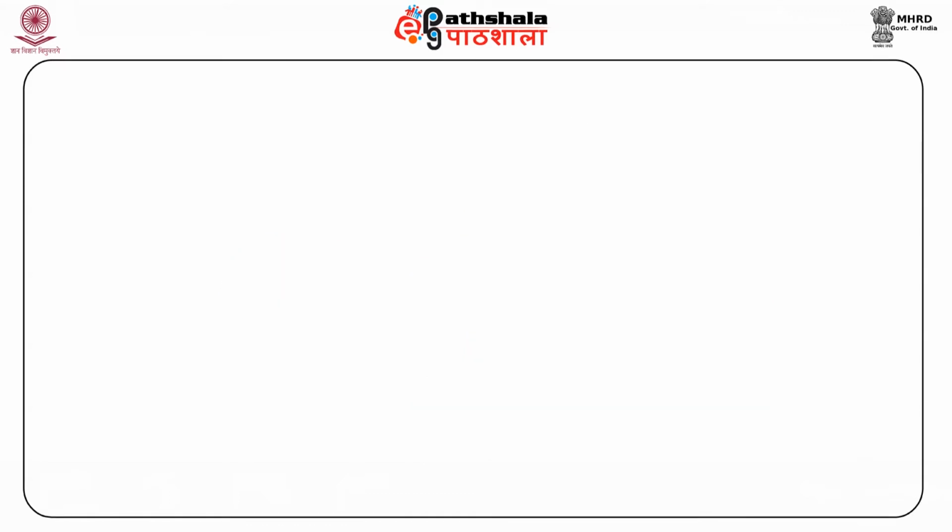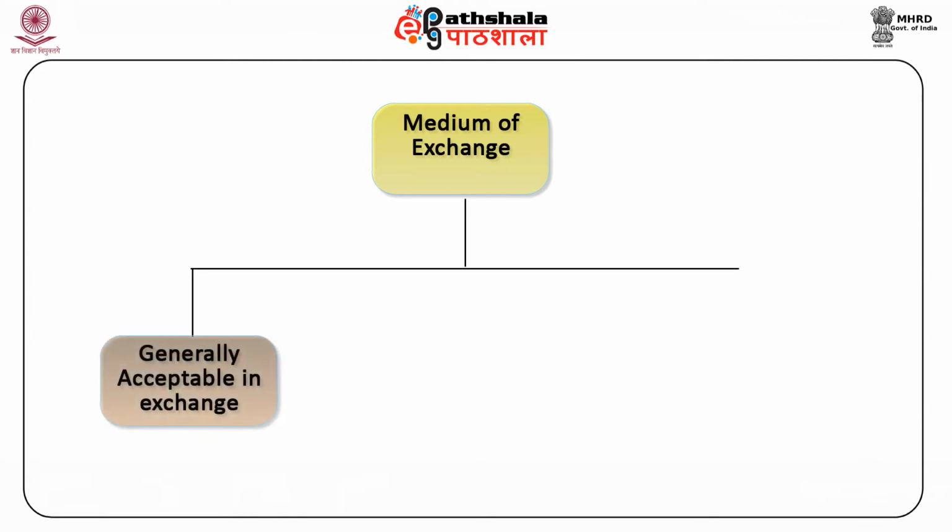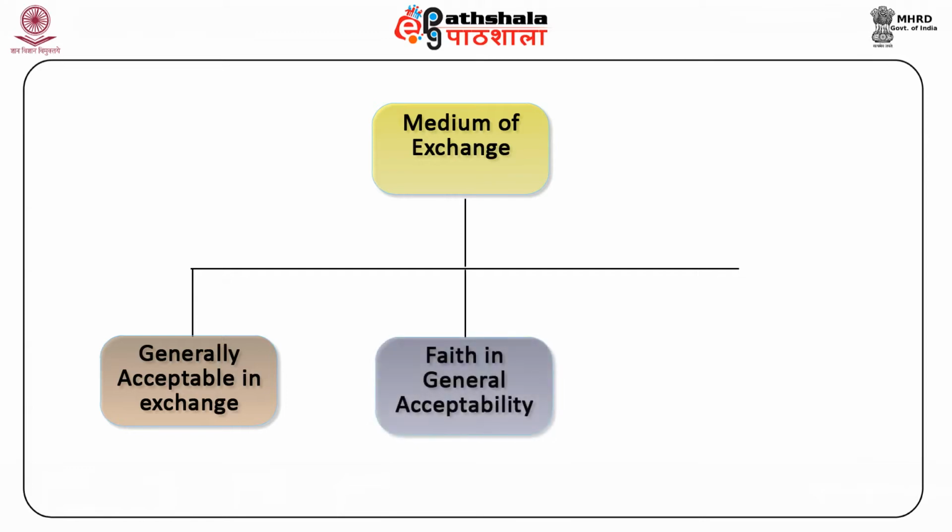Let us discuss the first function of money, that is, a medium of exchange. It's a unique function for which money has to be generally acceptable for all transactions including debt. It does not have to be converted into anything before being spent, for which faith and acceptability is important. It can be standardized to have uniformity.